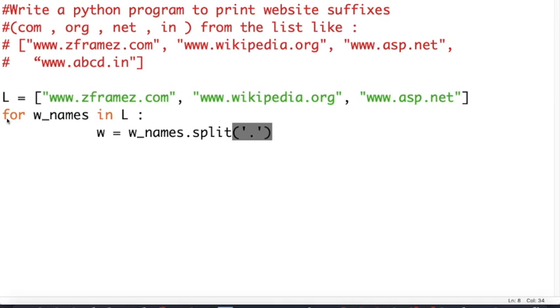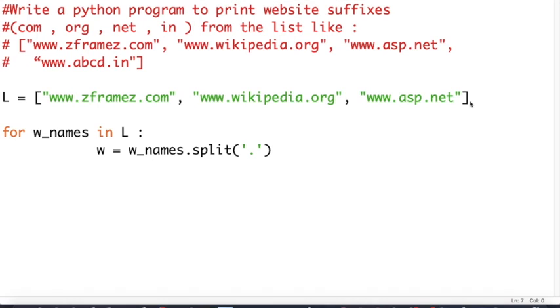After taking this w, we have to collect it in a separate list. The last element in this w list will be collected in a separate list. Say for example, I'm taking the list name as T.